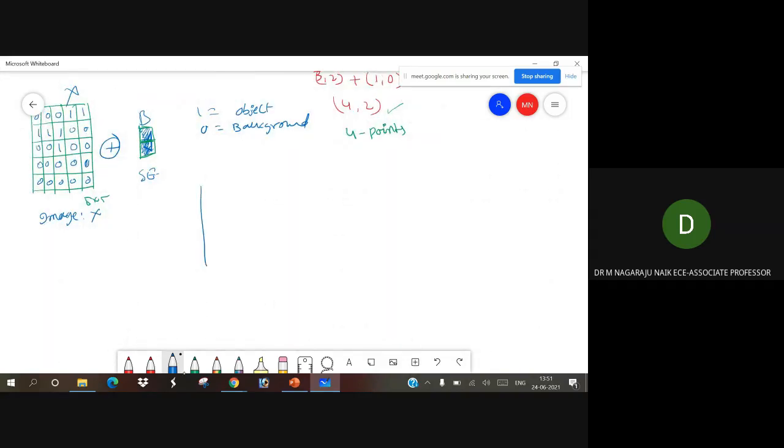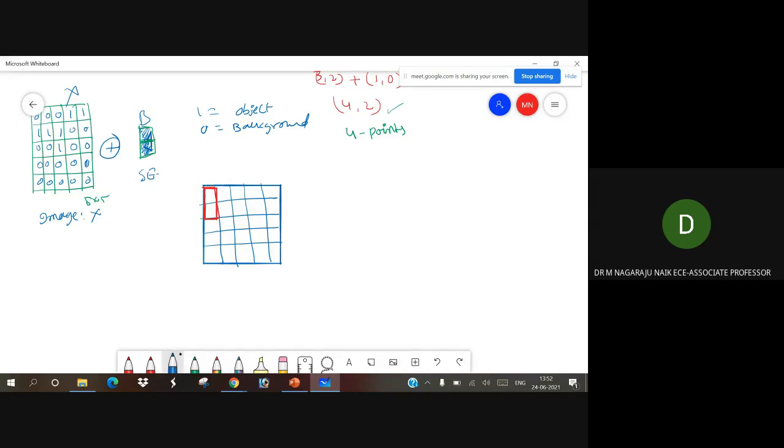Now we'll take the first one. Okay. Now in that case, the same as it is, you have to apply this value. The structural element, put it here first. The structural element, now you have to add it here.